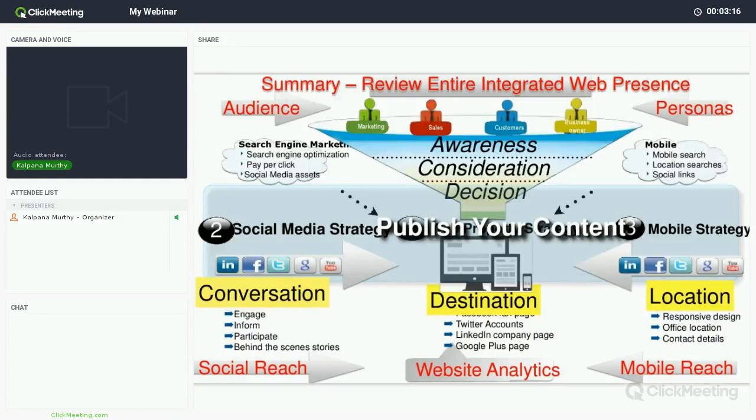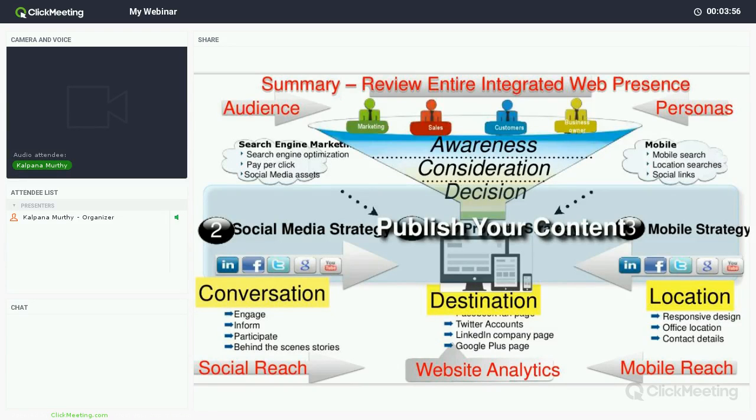Depending on whether you're in B2B or B2C businesses, you may be dealing with the marketing director in the company or the sales manager, or if at a B2C, you're dealing directly with the customers. And a lot of times with small businesses, you're directly dealing with the business owner. So it's very important to understand the roles and responsibilities of the decision makers in the business, so that you can educate them with proper content on how to help them understand the options that are available to them to take a benefit from the internet marketing strategies for their business.